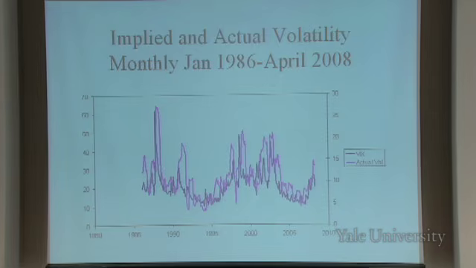But the interesting thing is, I have plotted here both the implied volatility over that period and the actual volatility. And you see that they line up fairly well. So this shows the strength of the Black-Scholes formula. Black-Scholes does seem to be pricing options well enough because the implied volatility, well, it's not perfectly exactly equal to the actual volatility. It's close. And so we can see that the formula makes some sense.